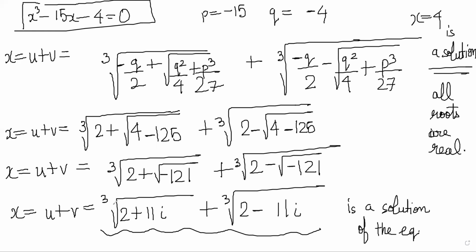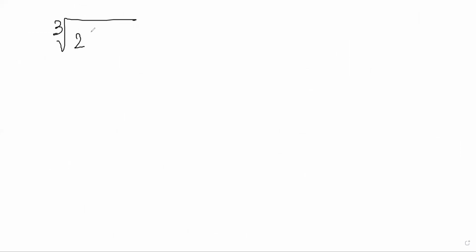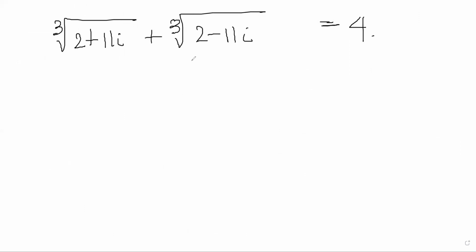Let's discuss here. We can figure out this cube root. We can prove that this thing, the cube root of 2 minus 11i, is equal to 4. So it looks like a complicated complex number, and it is actually a real number 4. So how does that happen? Let's quickly discuss that, and that will convince you that the problem is solved.